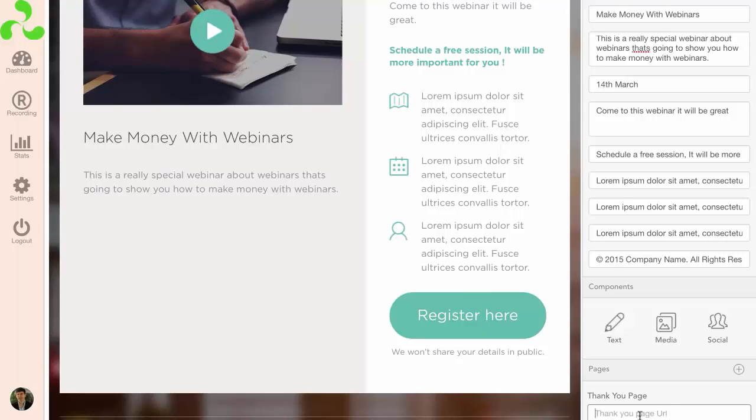Now when we're ready to finish, then we click log off. We want to log out, we log off, and within a few minutes what's going to happen is, first of all, it'll take people to where we want to take them. So it could take them to a sales page, it could take them to wherever we want them to go. Now we're back here, we've finished our webinar, we've logged off our webinar successfully,